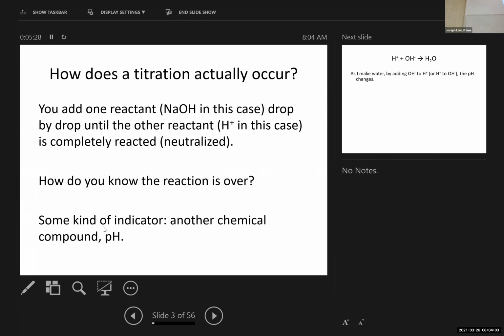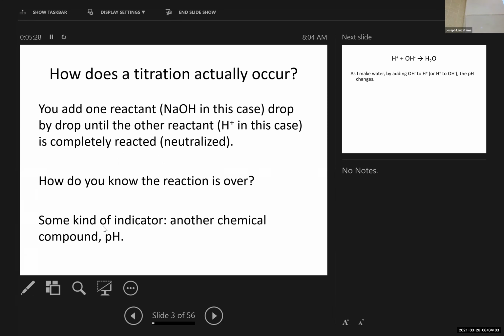In general, any titration really requires that I have two things, right? A balanced chemical equation, right? And some way of knowing that the reaction is exactly over,